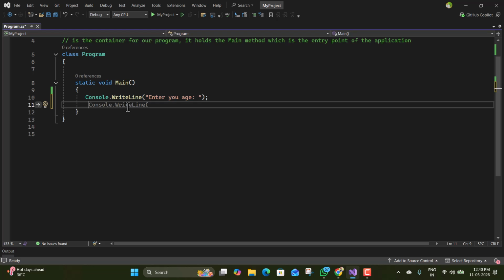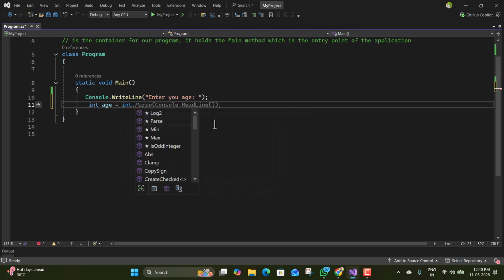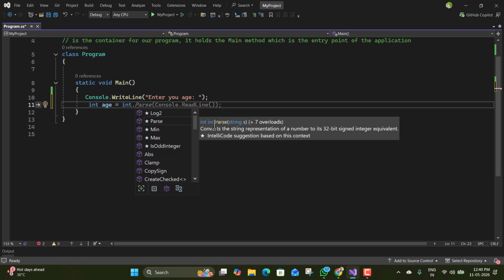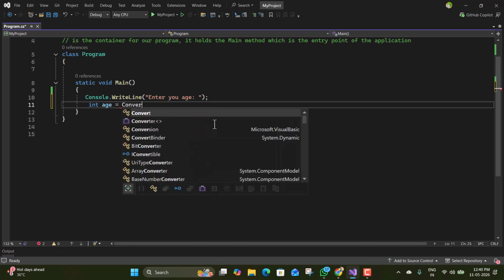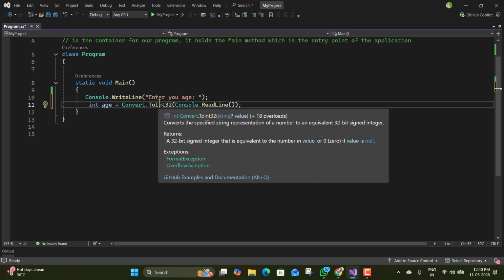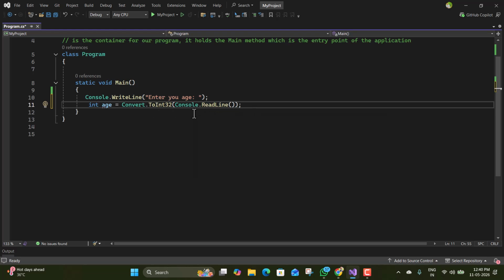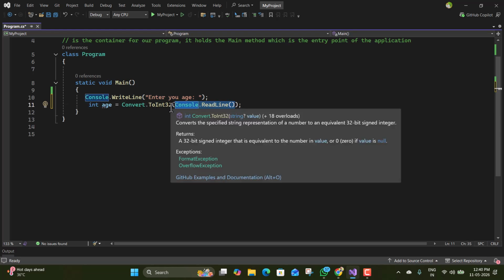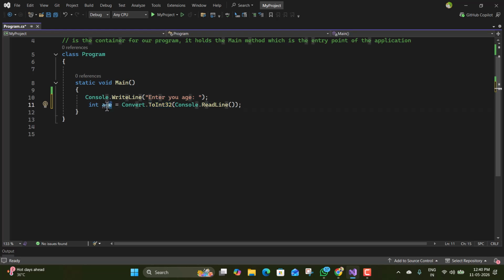Now int age is equal to, we have to say int.Parse, or you can also simply say Convert.ToInt32, or TryParse or something like that. There are multiple ways, but Convert.ToInt32 is good for now. I am saying Console.ReadLine and take that line and convert it into Int32, which in turn will be saved in age, and then I say